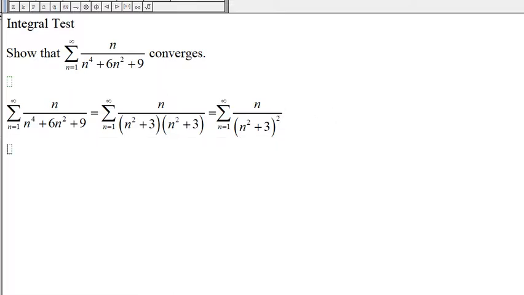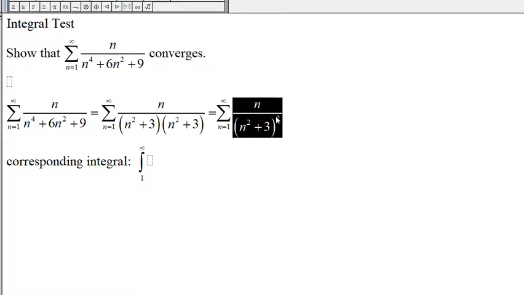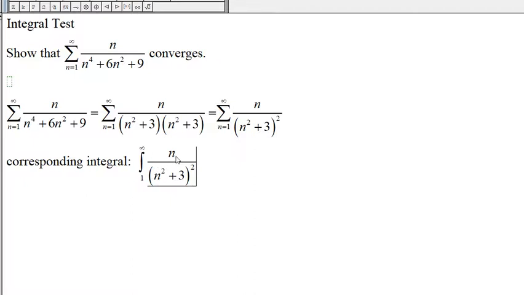And so the corresponding integral will be the integral from 1 to infinity of x divided by x squared plus 3 squared